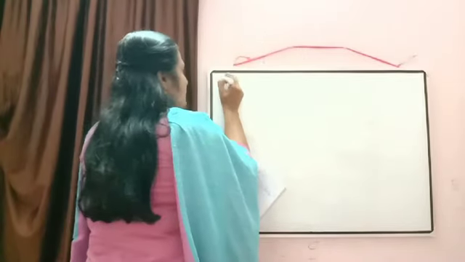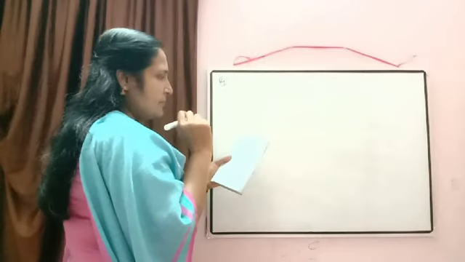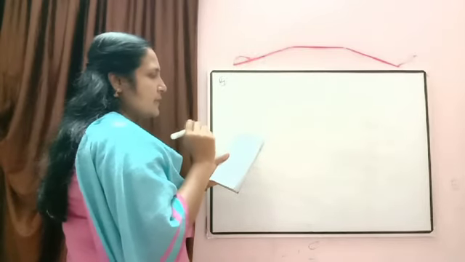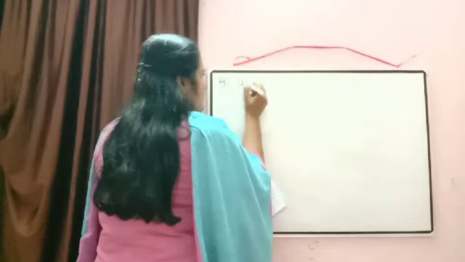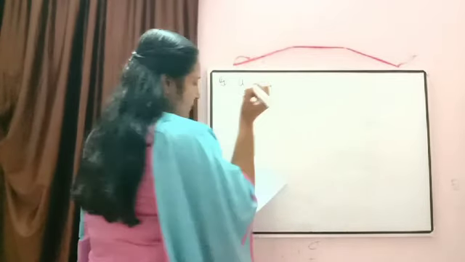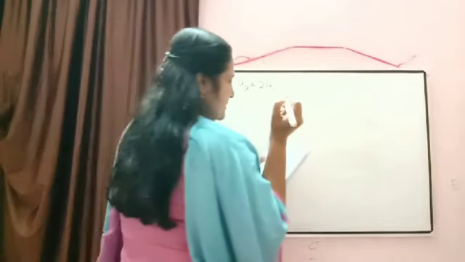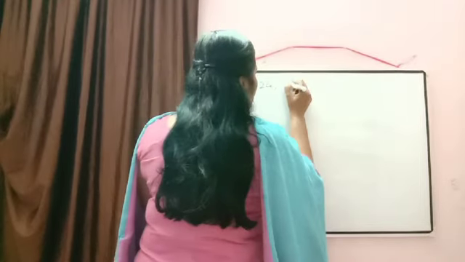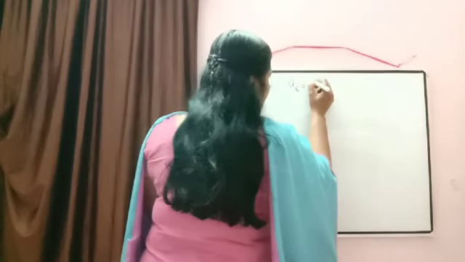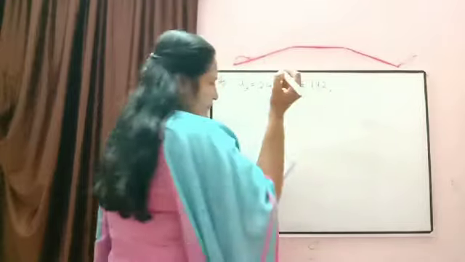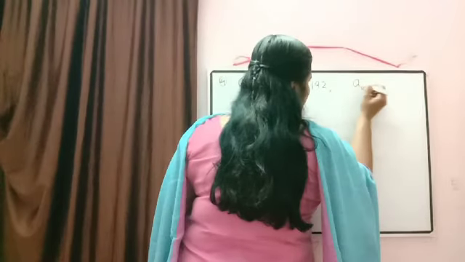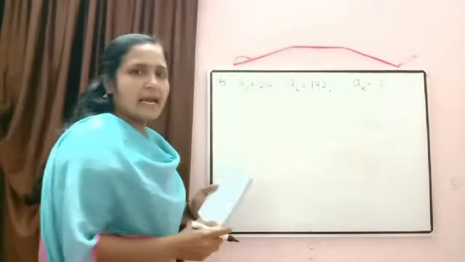Okay. Now the fourth question is written there. In a GP, the third term is 24. So just write down there, A3 is equal to 24 and sixth term is 192, A6 is equal to 192. We have to find the 10th term. A10 we have to calculate there.